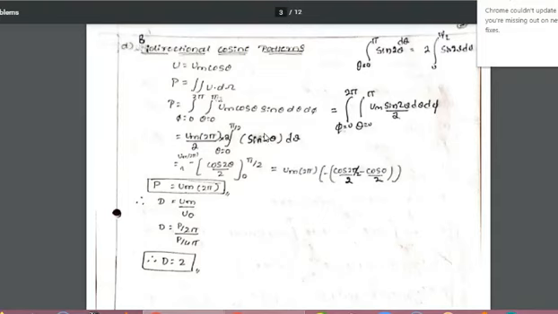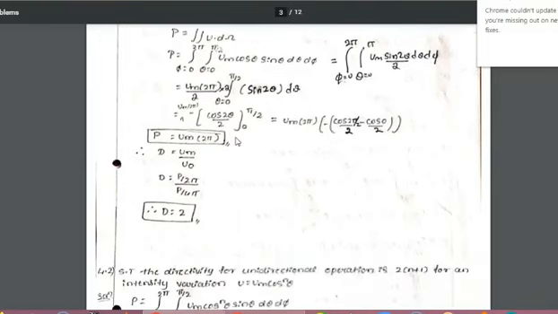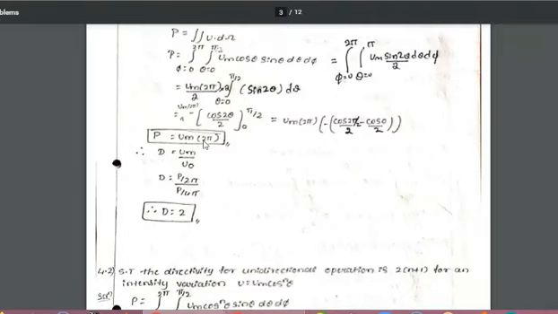Again the integration of sin 2 theta is nothing but minus cos 2 theta divided by 2. Putting in the limits here, you will have the value as 1. Remember, the value 1 will be there. If we substitute pi by 2 and 0 in this cos 2 theta divided by 2, we will have the value as 1. So what we get here is 2 pi. As usual, the previous thing will remain.